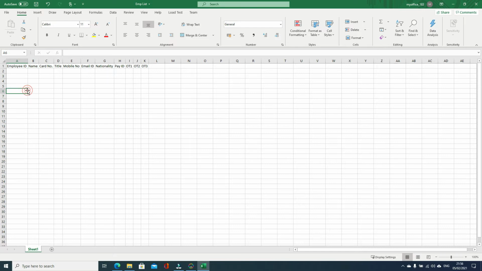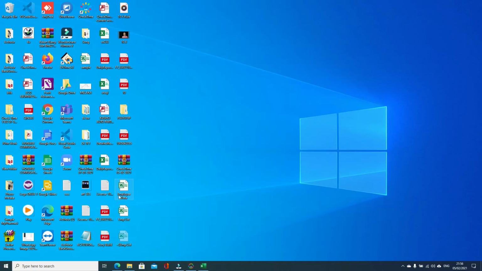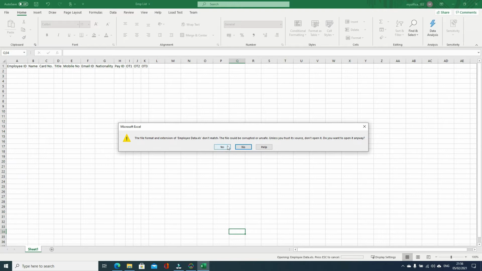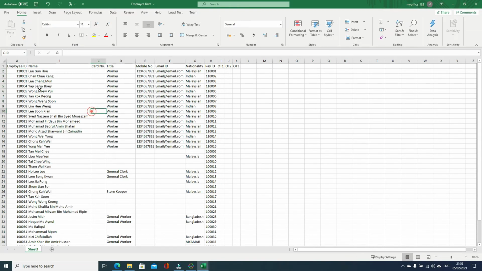So from here, we have already one data here, we copy the data from the file. So you can see here all the employee ID we have, name we have, there are some details we have, some we not fill. Means these two are required, you must have them, all others are optional. So I'm going to copy this data.